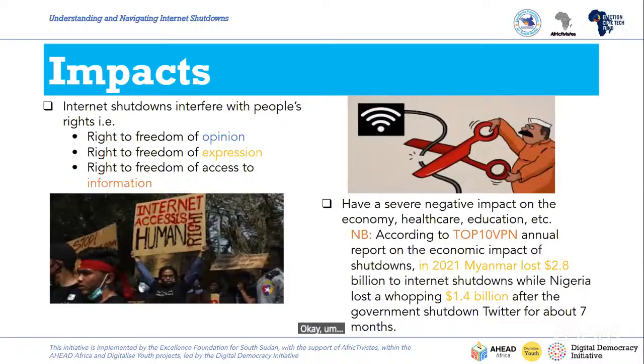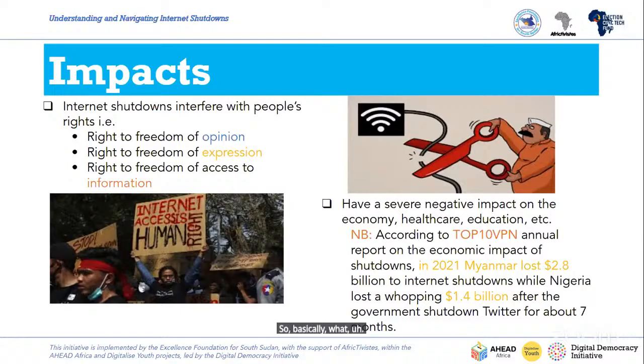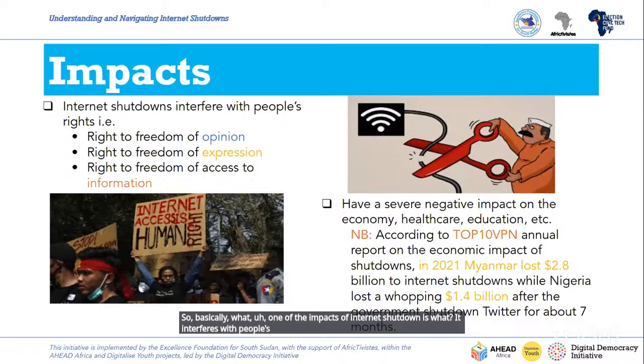Now let's try to discuss the impacts, because shutdowns normally come and then it impacts and affects a lot of life, a lot of sectors. So one of the impacts of internet shutdown is that it interferes with people's rights. I remember I began by that.